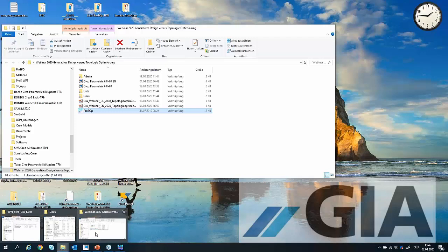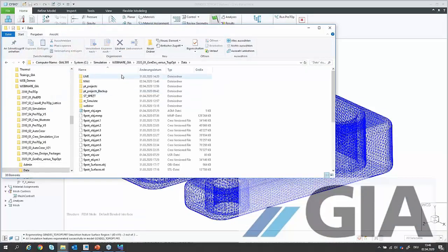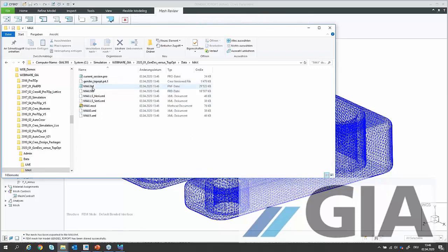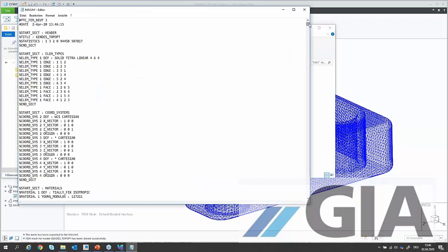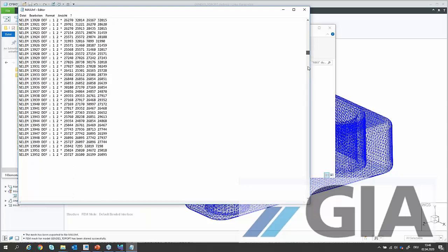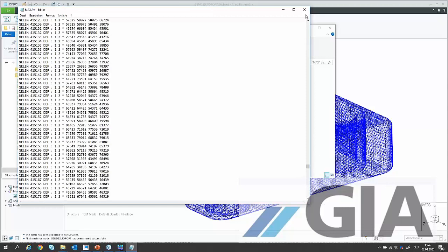I'm going for my folder here. It's under here on the data, and we see, okay, there's a folder Max created, and I'm getting here an FNF file. This is, let's say, a traditional input deck for a finite element solution. At the beginning you have some nodes, then you have some elements, and at the end you have, let's say, the forces, constraints, and material